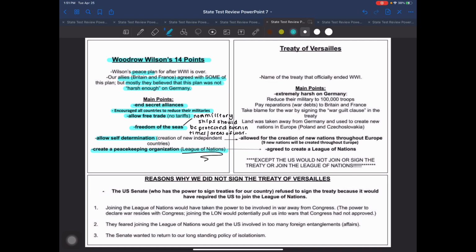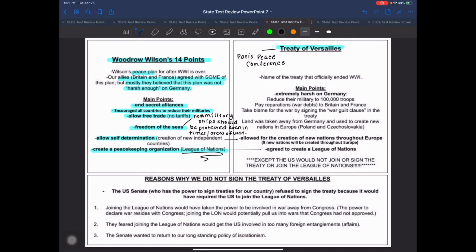Now, getting over here to the actual treaty itself, the Treaty of Versailles actually took several meetings to draw up, and these meetings take place at something called the Paris Peace Conference, where the Allies would get together and decide, okay, what are we going to put in this treaty? What is Germany going to be responsible for as the losers, as well as Austria-Hungary?